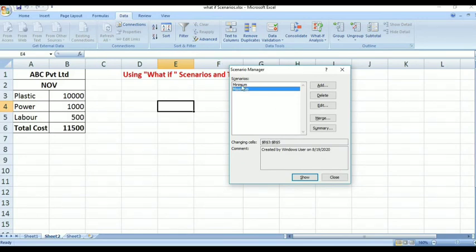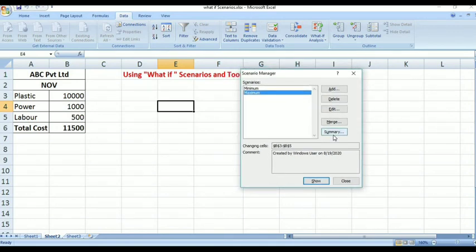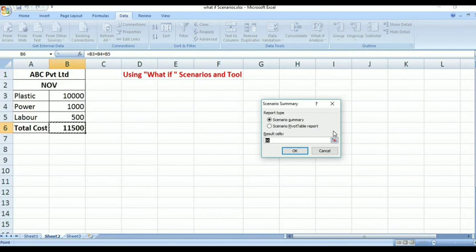You will see here two scenarios are given. One is the minimum scenario and the second one is the maximum scenario. After that, I want to display a summary of these scenarios. For that, click on the summary button and then a new dialog box appears. From there you have to select scenario summary. On the basis of this result, then click on the OK button.